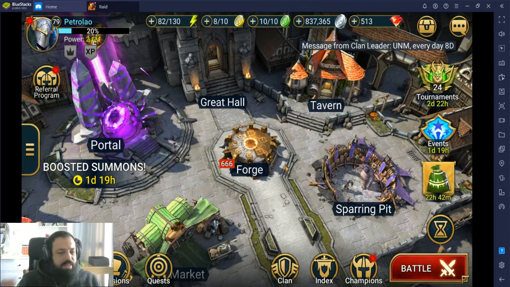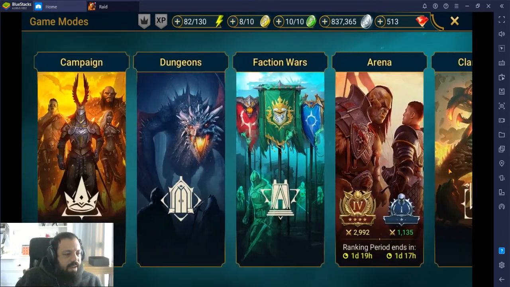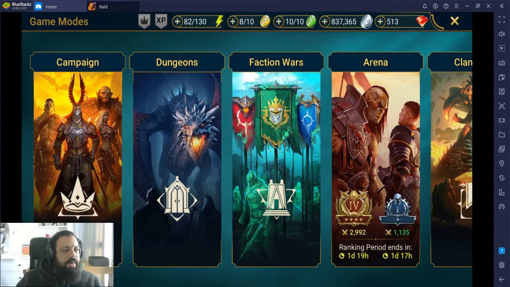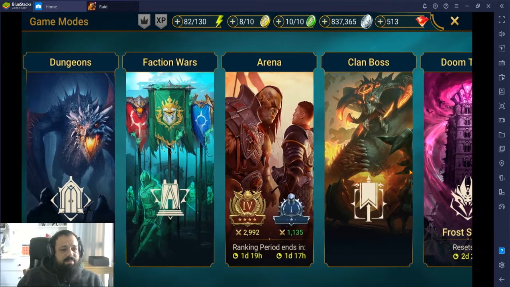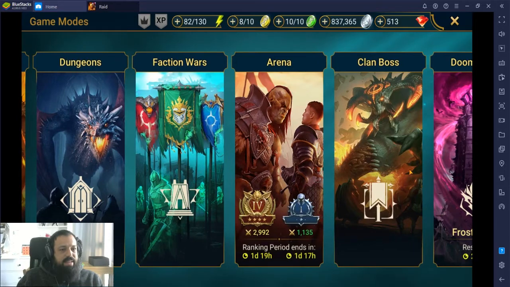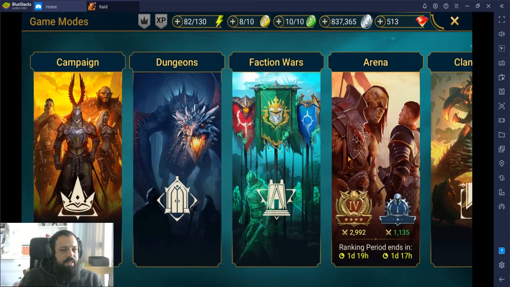You're not just sleeping and waking up and everything happens, because you still need to do stuff. You still need to do your clan boss. The clan boss, I can't figure out a way to do it with macros or anything like that. Neither for the Doom Tower, because it's very difficult. It's not something steady, and you go next level, so it's not like that. But with the arena, if you set up your team so it works with auto, then you can create a macro for that. Faction Wars, I don't think you can use macros very efficiently, but with anything else,